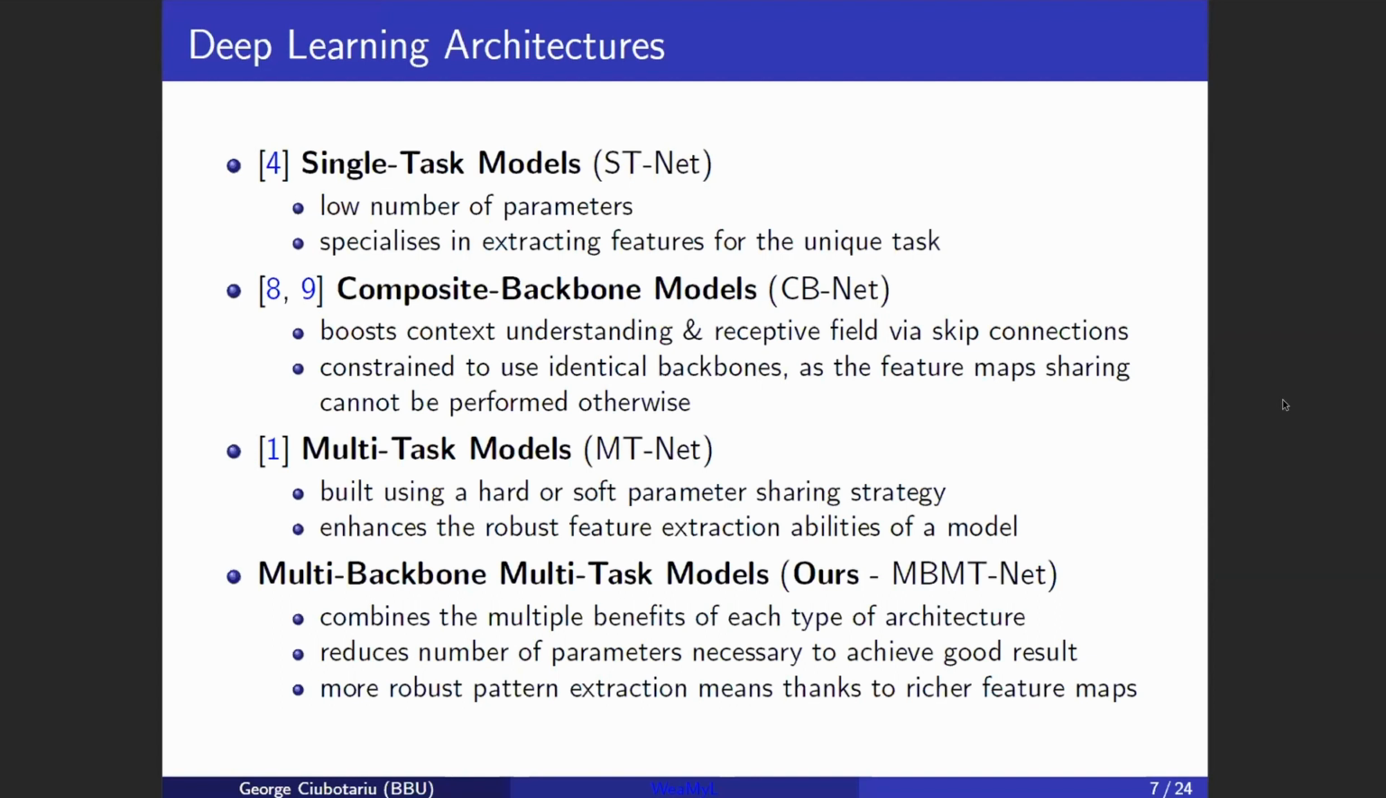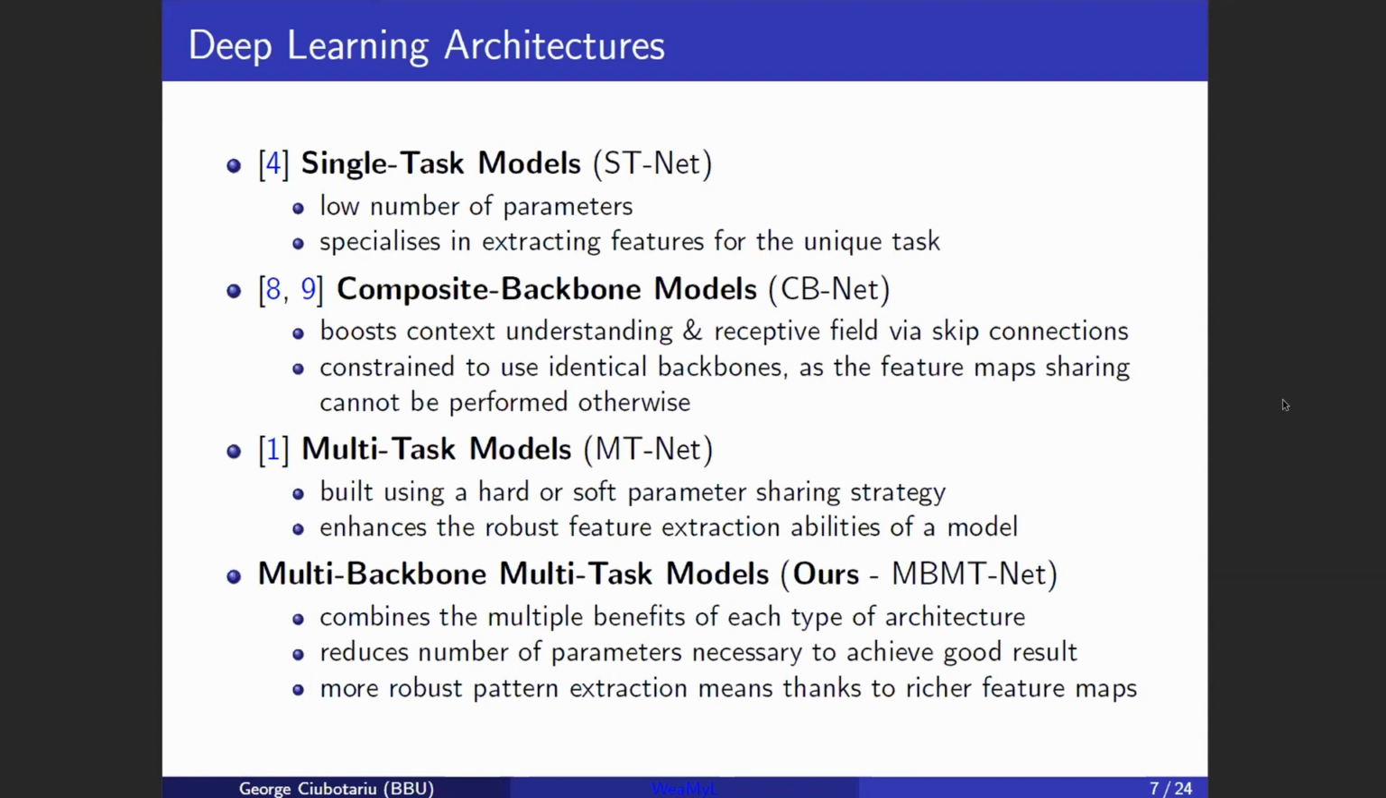However, this is problematic because the number of parameters increases with the number of backbones that we use, and we aim towards minimizing the use of parameters such that we end up with the same number of parameters as a regular multi-task single backbone network in our MBMT-Net. And